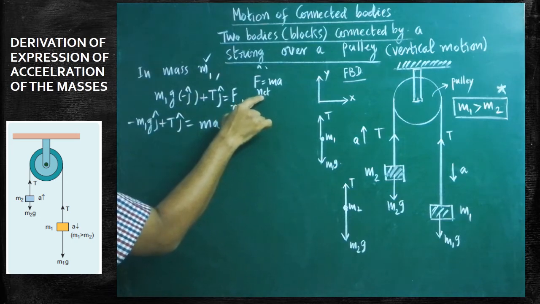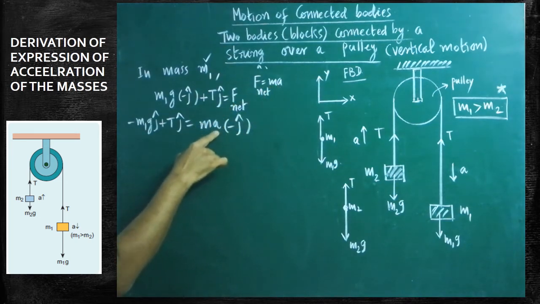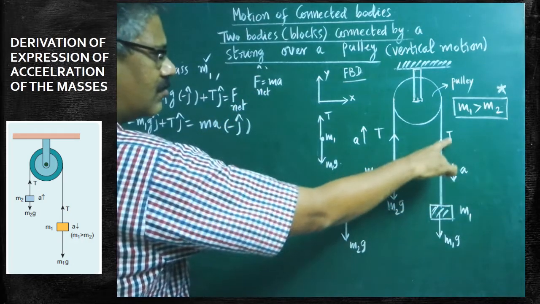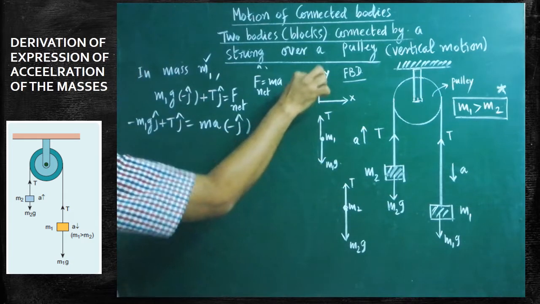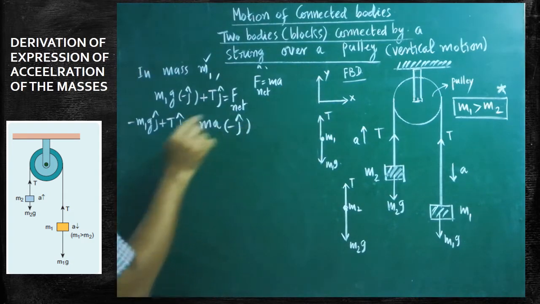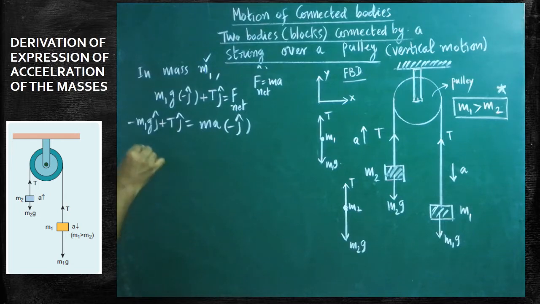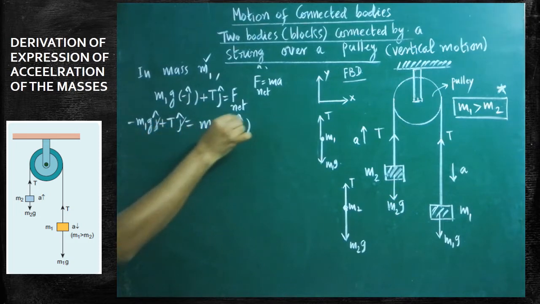F net formula as per Newton's second law is m into a, that was substituted. Here the acceleration of the moving body m1 is taking place towards downward direction, that is along negative y direction. Therefore, minus j cap is written. Are you clear? Now the j components alone must be taken. m1g, T, m a, they are all called components of j. You write that one alone, all j can be cancelled.